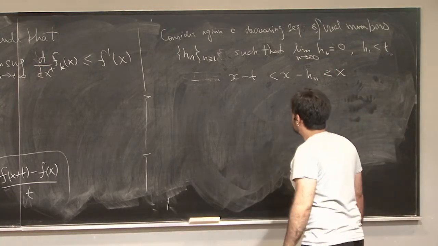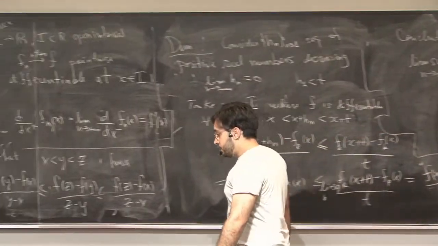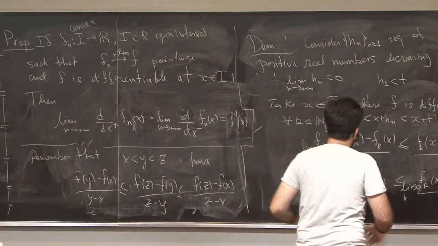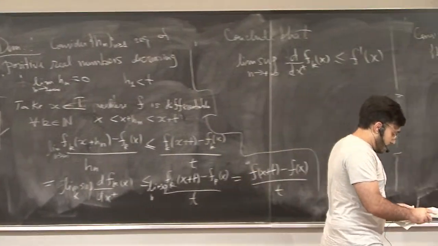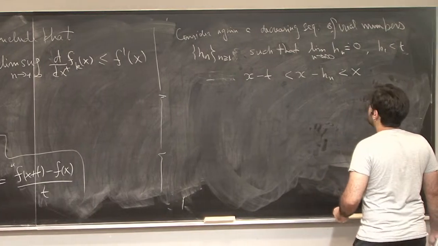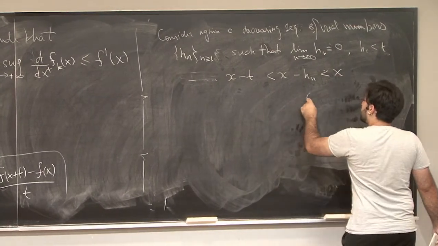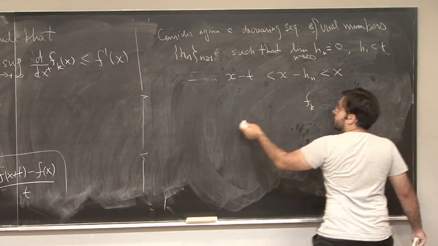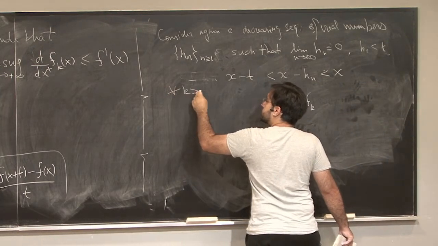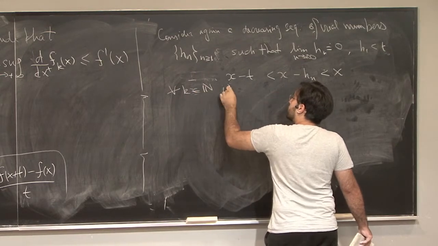Okay. So I need to use a similar trick that I did before, and this trick is I consider this minus this, so this fk. So for any k a natural number, it holds